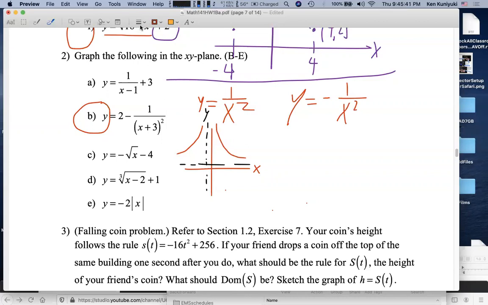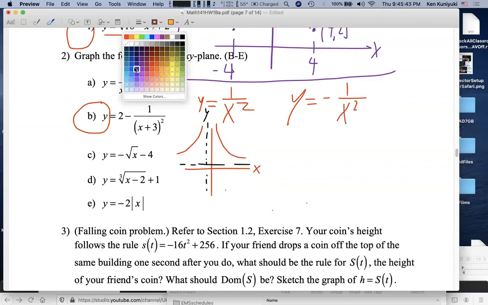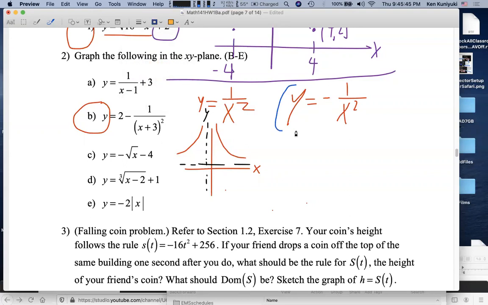Maybe I should have written him in blue, but all right. When you multiply the right-hand side by -1, so we have y equals the opposite of the original, what happens to the graph? It's upside down. Right, you reflect about the x-axis. All right, so then you get,